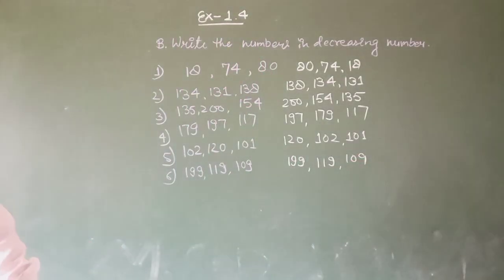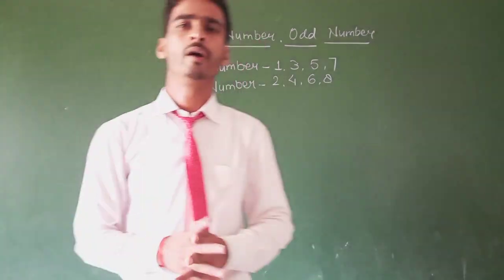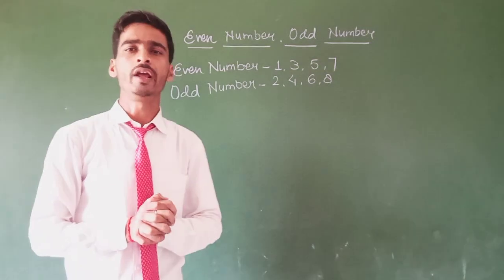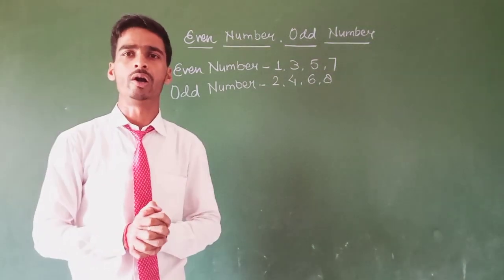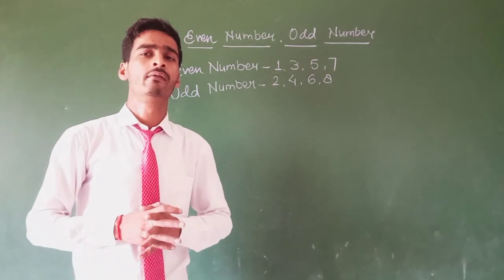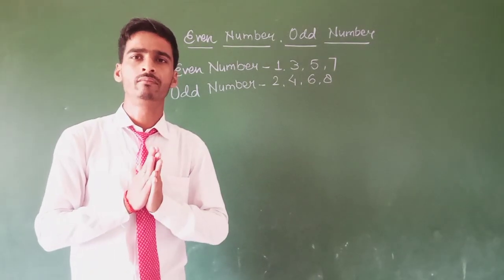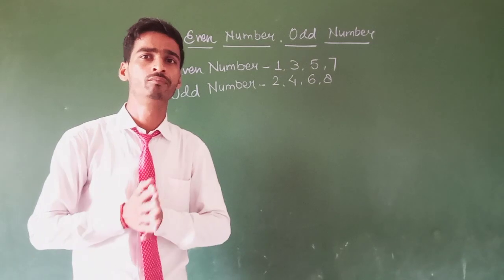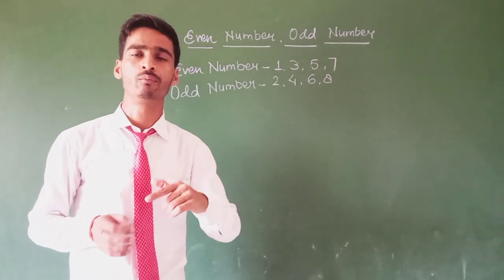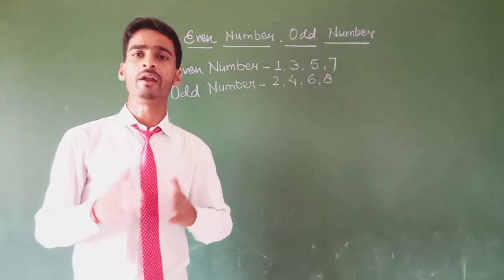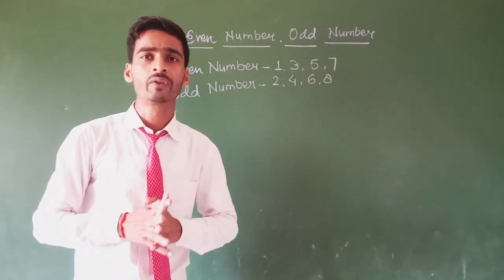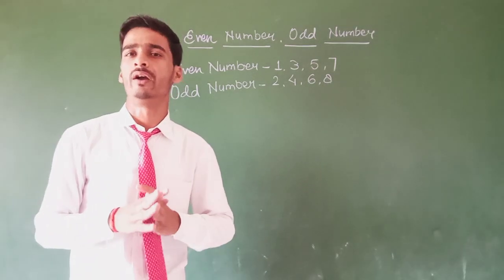Okay, now the next topic is odd and even numbers. Today we have to learn about even number and odd number. I want to tell you one example. If you have 3 apples and you have to divide into 2 people, then you have to give 1 and 1 to both, and after that the remaining one you have to cut and divide. So listen carefully, what is even and what is odd.